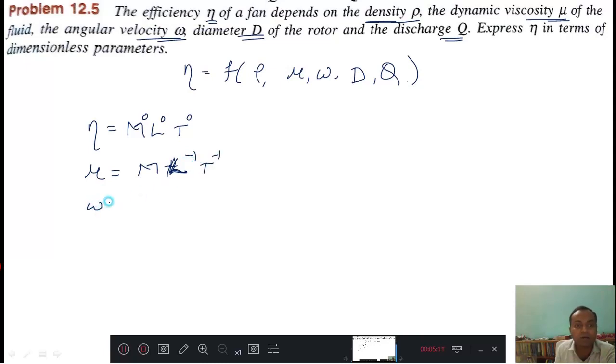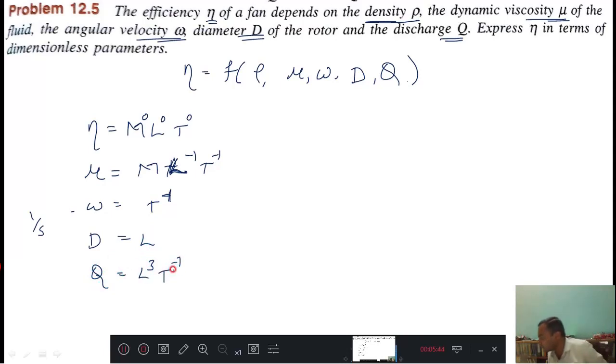Then coming to omega. Omega is angular velocity. Therefore, the angular velocity dimension is T minus 1, per second. Then coming to diameter, diameter is the length L, and discharge Q. Discharge is meter cube per second, so L cube T minus 1. Right? Now we got all of these